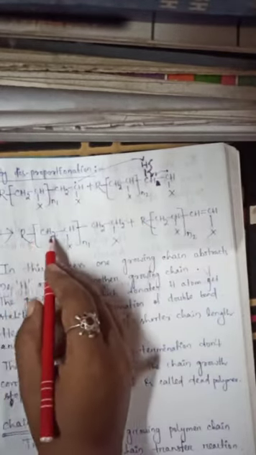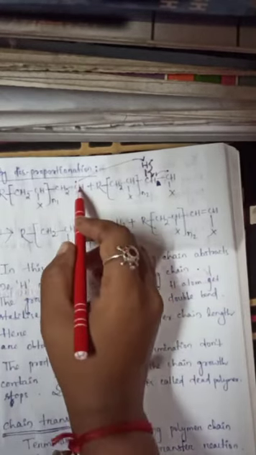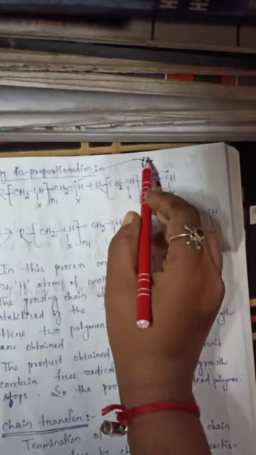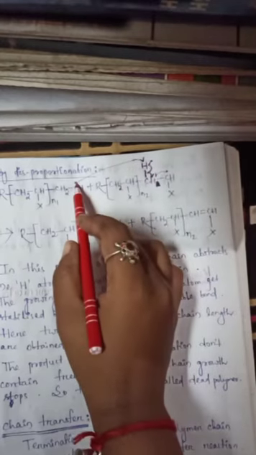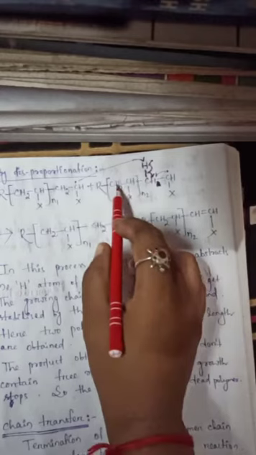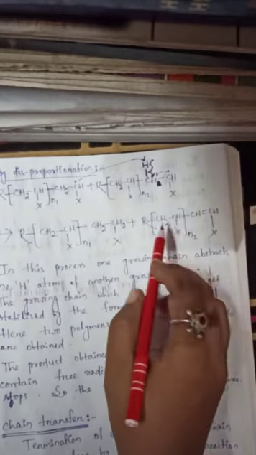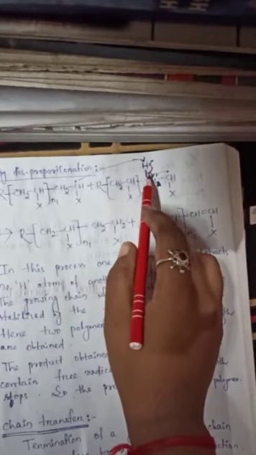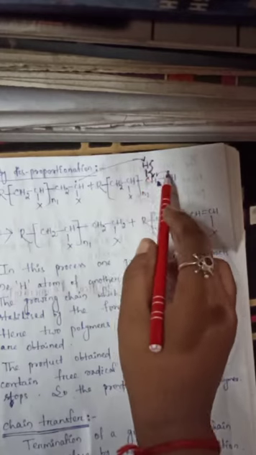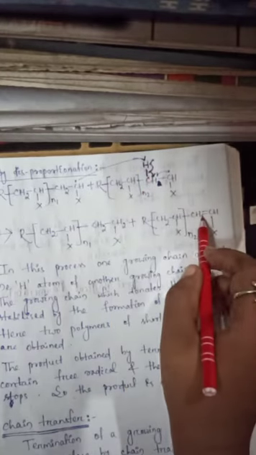So the product is R CH2 CHX N1 CH2, and here is the CH radical, and we found the H radical and CH radical becomes CH2, a single bond, plus R CH2 CHX N2 and CH. Here this radical means C radical, and here the CH radical, both combine together and form a double bond. So CH double bond CHX.